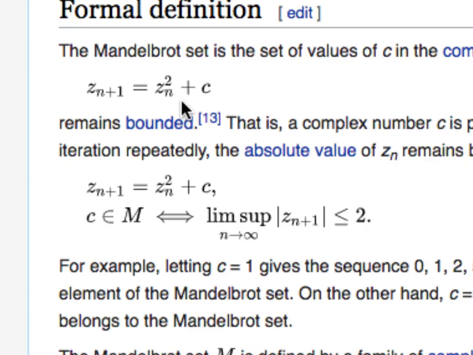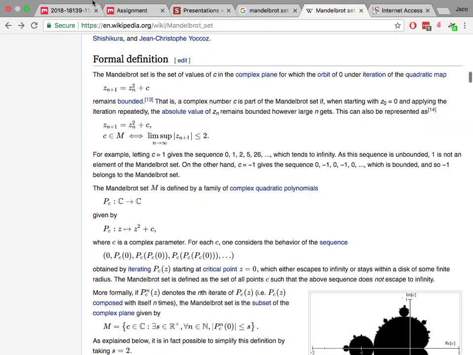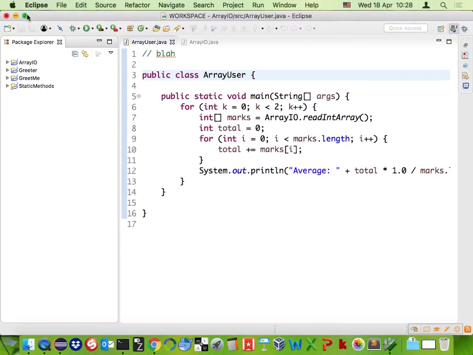And the only tricky thing is that z and c are not numbers. They are complex numbers. Okay? So we have to learn how to use complex numbers, but that's pretty easy. I'm doing this in lieu of iterated fractal systems because even though they are fascinating stuff and related to this somehow, it takes much longer to explain that. But we have 15 minutes to implement Mandelbrot, and we'll do it immediately.